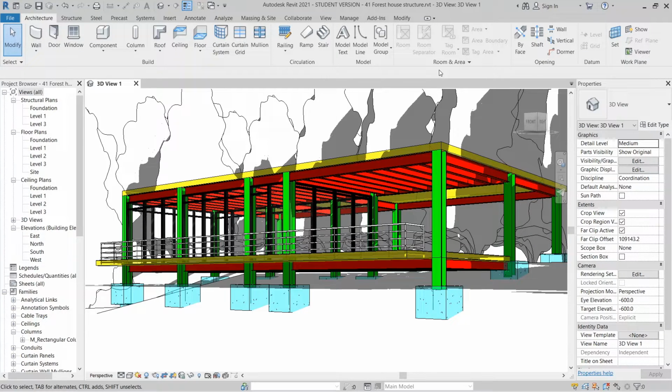Today I'm going to show you how to create a steel structure building in Revit. It's a forest building. I think it will be interesting for this tutorial because in my previous tutorial I talked about how to create a steel structure warehouse. Before I get started, I would like to review our building structure first before we jump into our project.